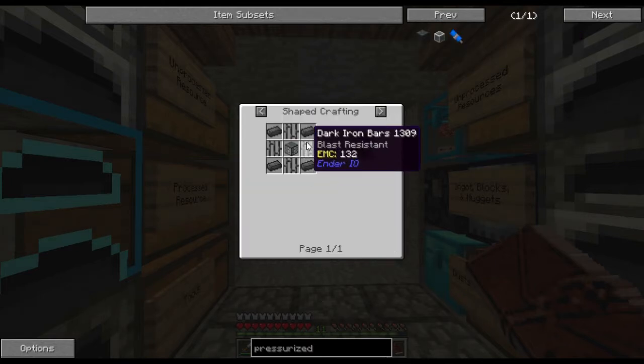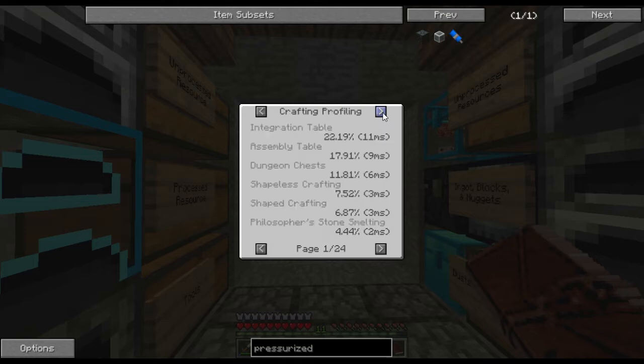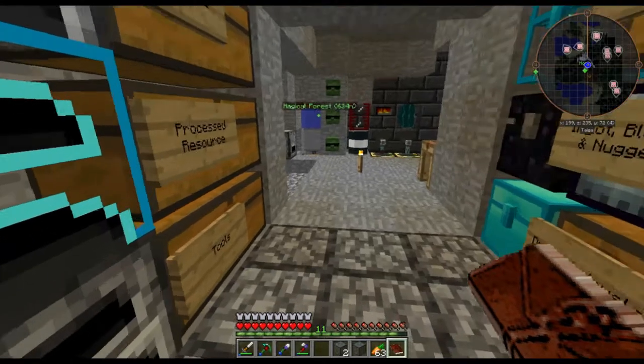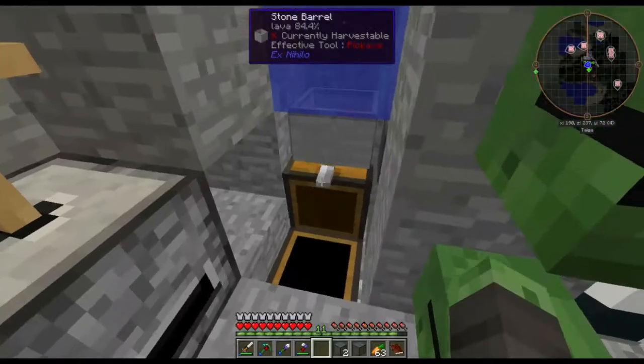The pressurized fluid tank is dark iron bars plus dark steel. Dark iron bars come from dark steel as well, so we're going to need a little bit of dark steel, which of course comes from steel plus pulverized obsidian. Luckily we have, at least a little bit of pulverized obsidian. I think I did have some left over